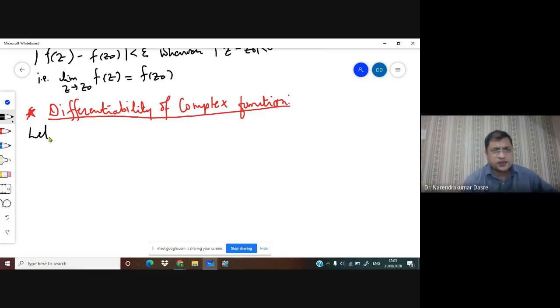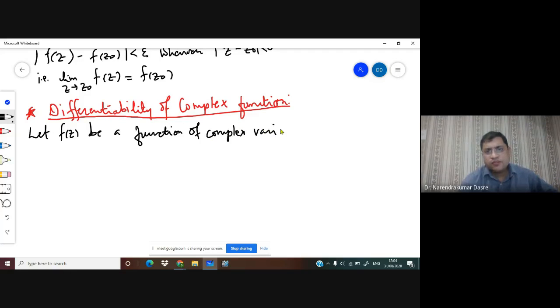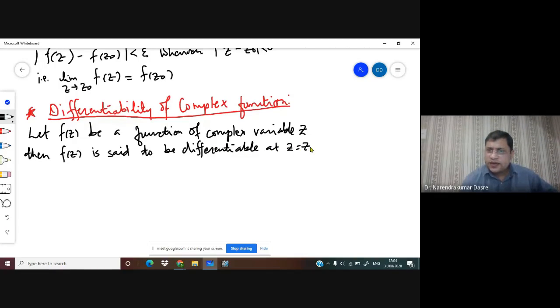So what we can say is, let f of z be a function of complex variable, then f of z is said to be differentiable at z is equal to z0 if